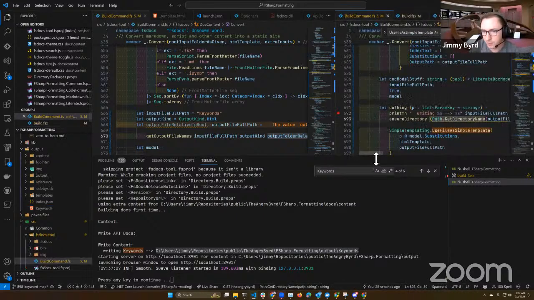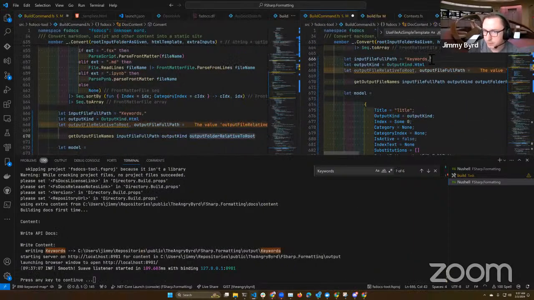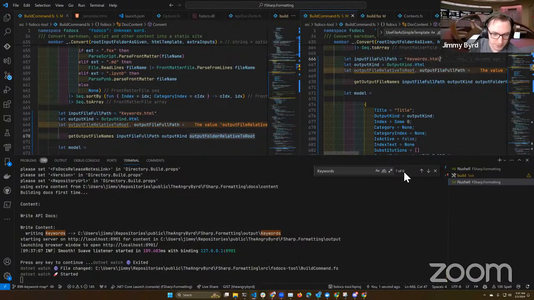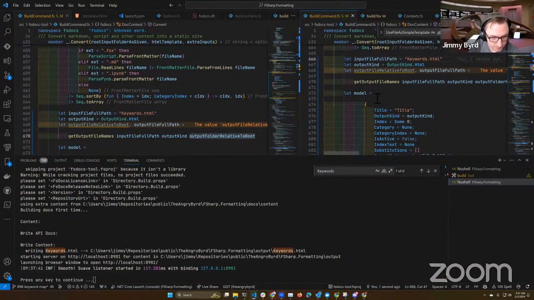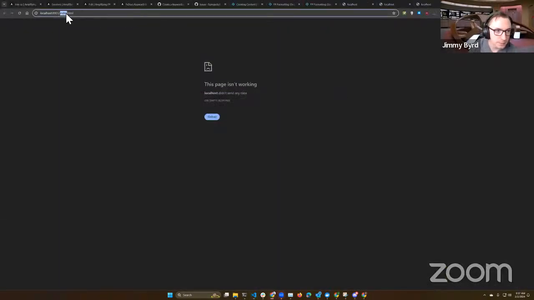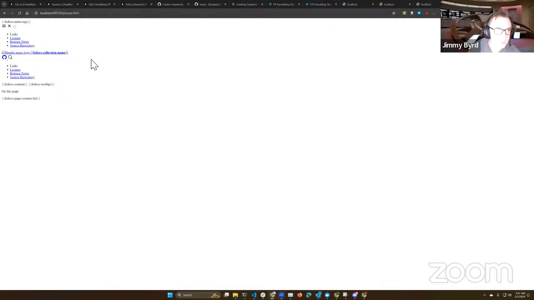So we need to somehow put HTML in the end here. Maybe if I just do this. Let's see if this writes out a keywords HTML file. It does. Ooh, look at that. We got some output. Hooray. Looks kind of gross